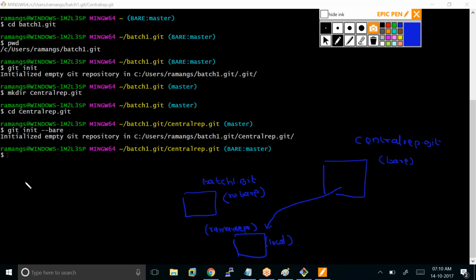For that, the command that we need to use is git clone. Git clone takes the source and the target repository. The source repository needs to be a central repository. The target repository is the local repository. So if you want to create a repository for Raman, you want to specify the following: